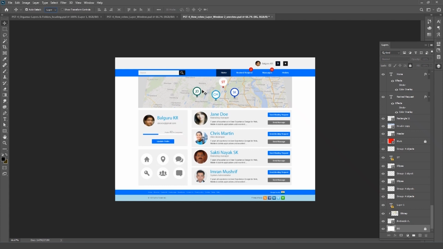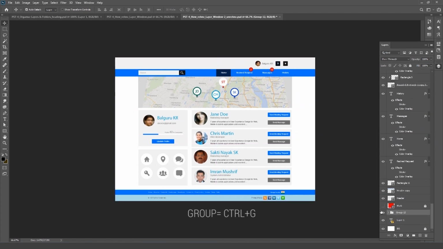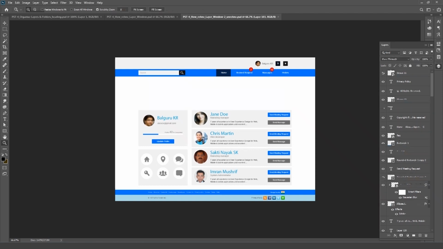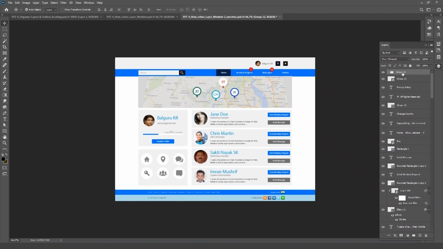Here our map is, clipped with this BG. In the second stage I need to make a group for this map, otherwise it will also come to the top and create some messiness. So I'm going to create another group with Control G. Once I create this group, I'll take it to the top of all these things. You see this map is overlapping the top navigation. So for the time being I'm keeping this on top, and I'm naming this as map, and I'm going to lock this group and hide it.